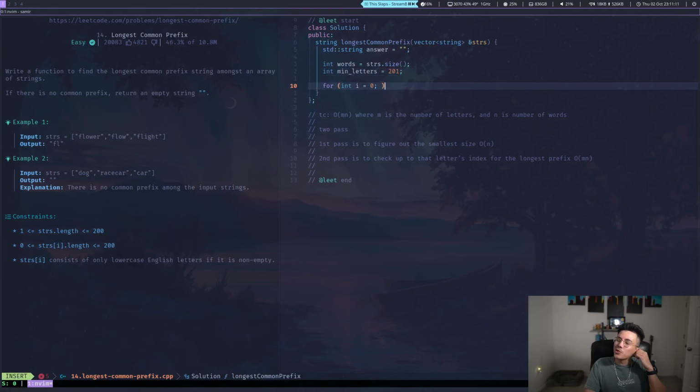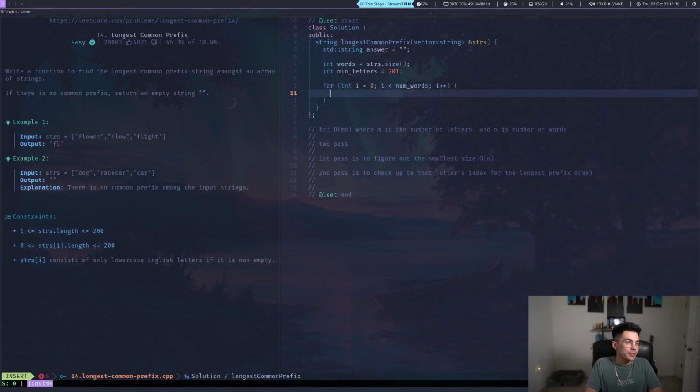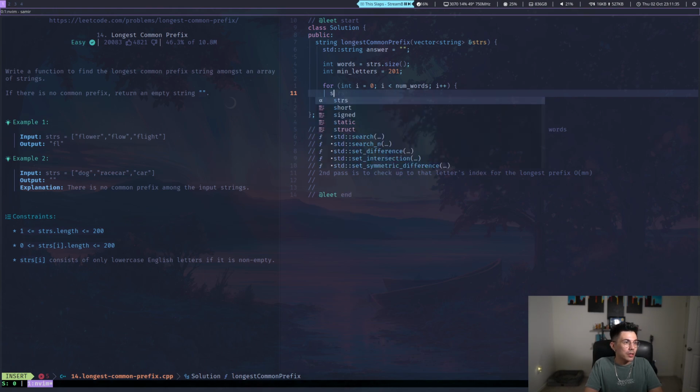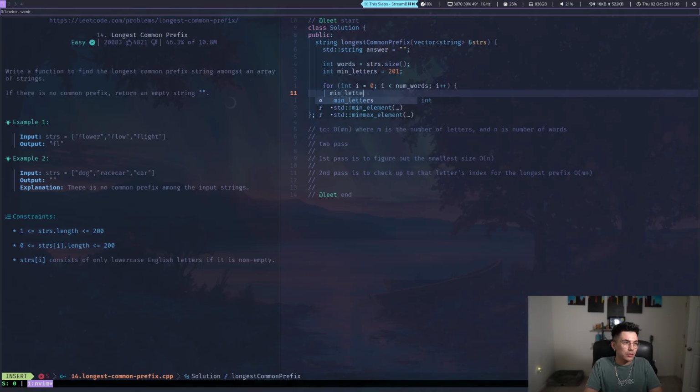And the reason why I'm doing 201 is because of the constraints over here. I want to name it num words, the number of words, i++, and I'll change that in a bit. If, I guess we just do, wait, letters is equal to